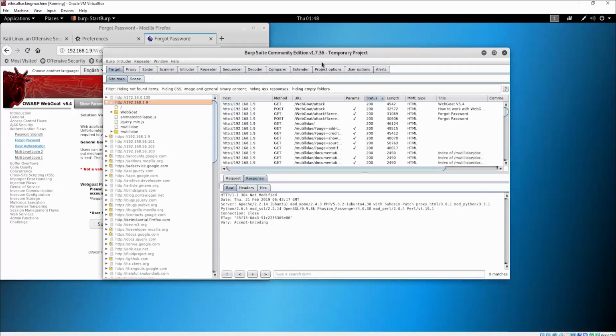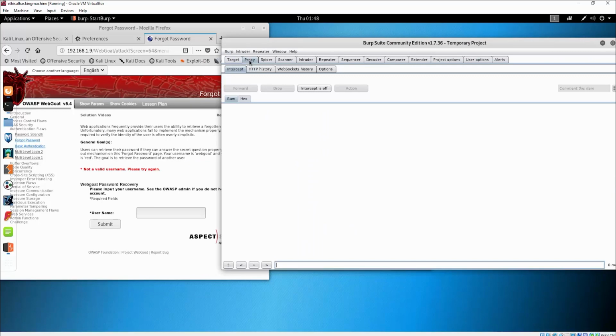Now, in order for you to understand this better, let us do that in practice. So, what we want to do is, first of all, turn our intercept on for this. So just go on the intercept on, and our goal right now is to find out a valid username. So if we type here anything,